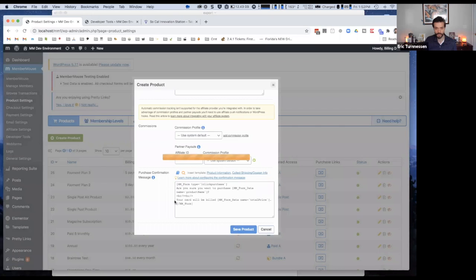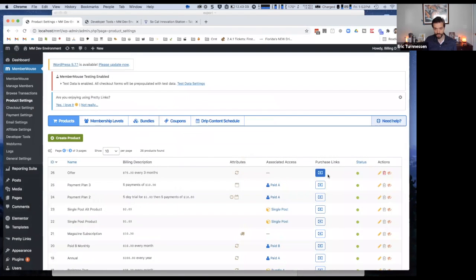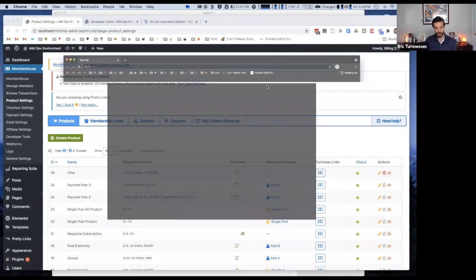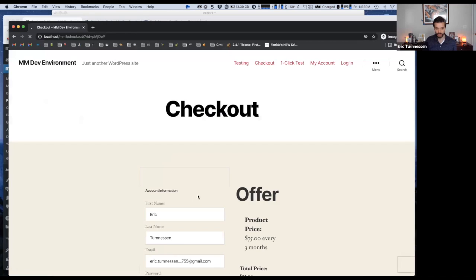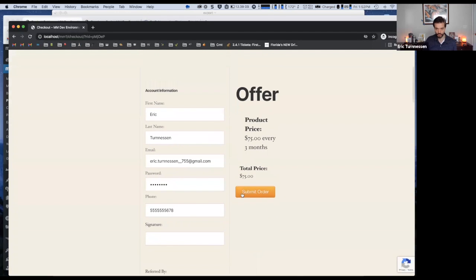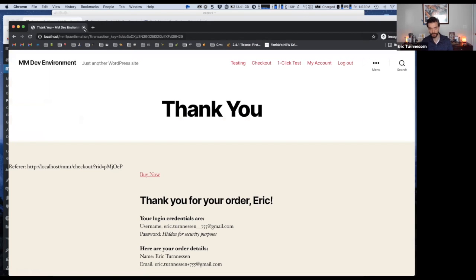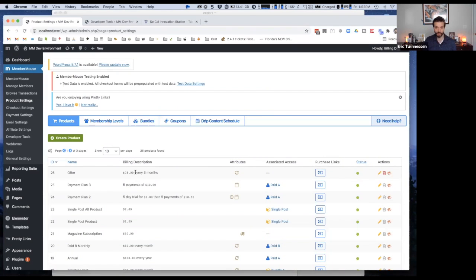Save that. So at this point, somebody can go, you have this purchase link, somebody can go buy this product. They go to the checkout page, this is all fully functional, they submit it, the money's paid, the subscription's set up, everything's good to go. So at this point, the only question is, what do they get access to when they just did that? So for you, I recommend